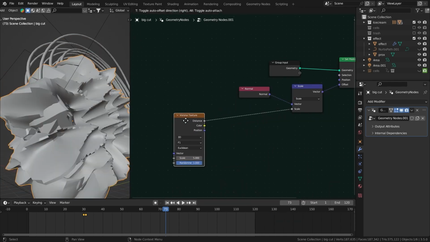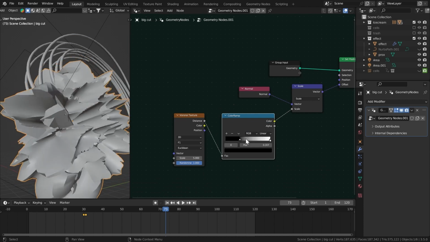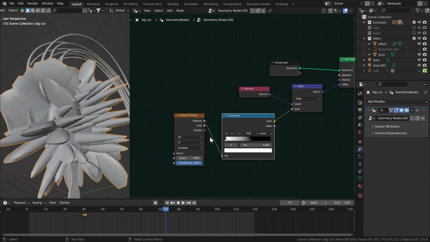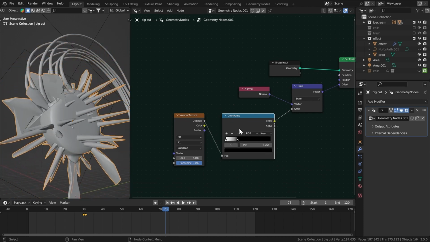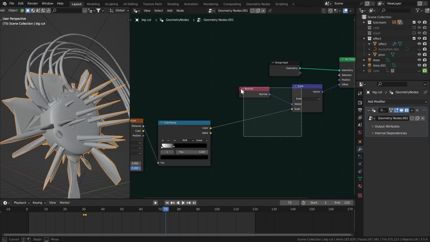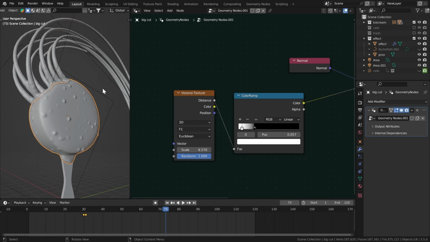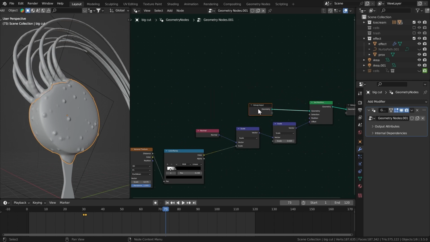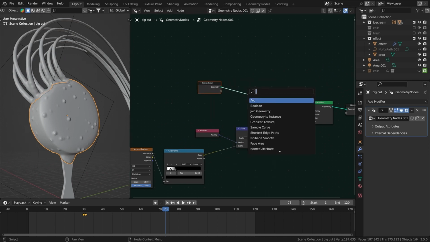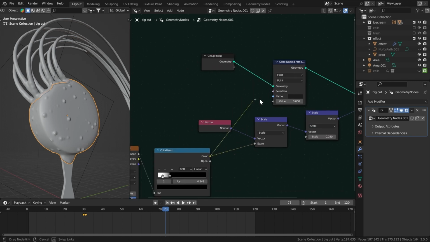Let's get a color ramp and play with these values to make it look like what you want it to be. Let's get another scale node, bring this down, bring up the scale a little bit. But that's how I did that effect, and it looks pretty good. We're also gonna store this attribute in case we need it in our shader. So let's get a store named attribute, connect that to the value, make it the Voronoi, VOR, save that file,